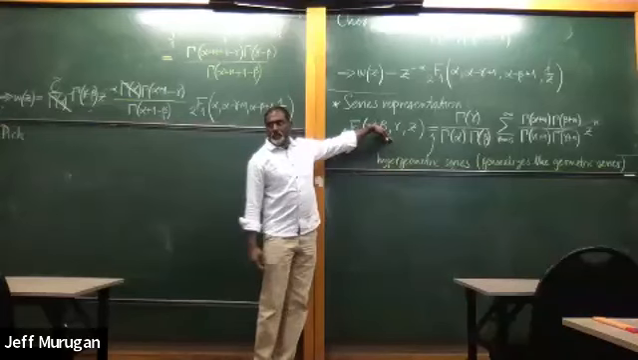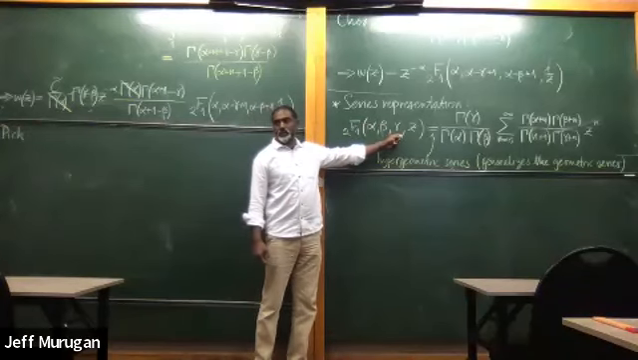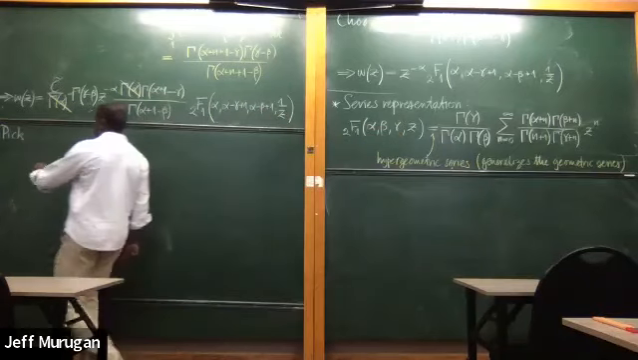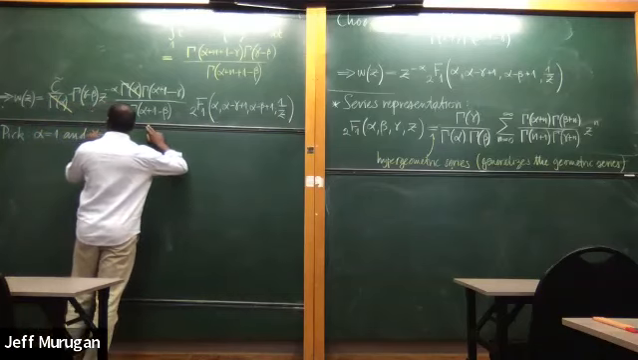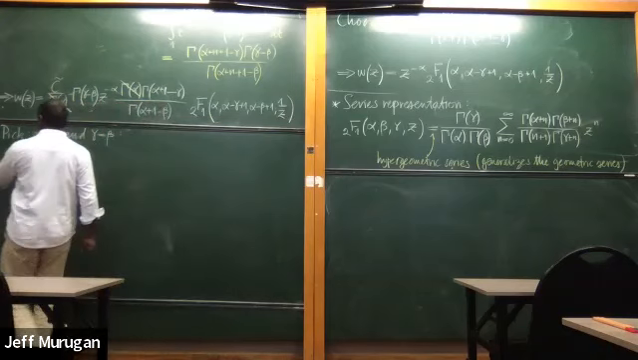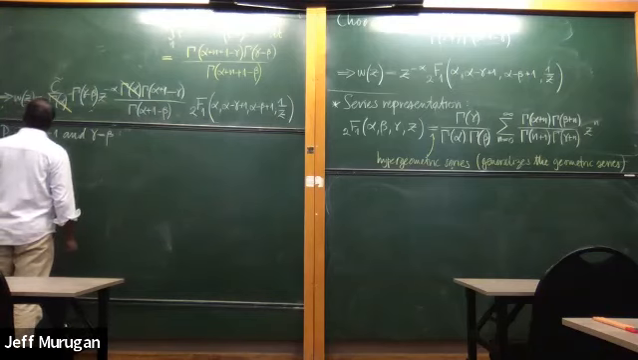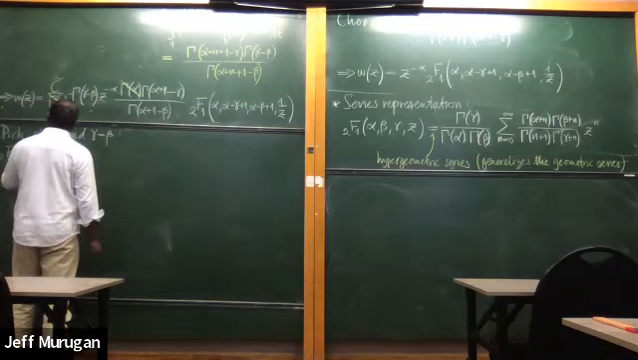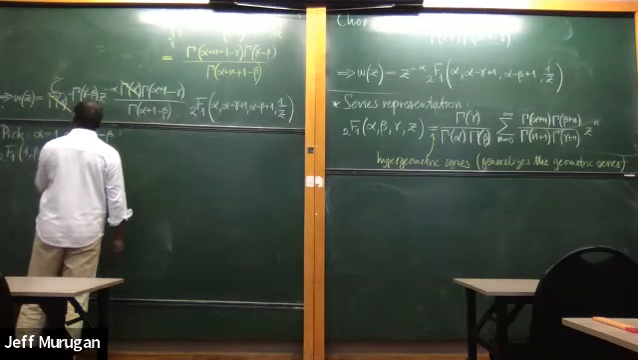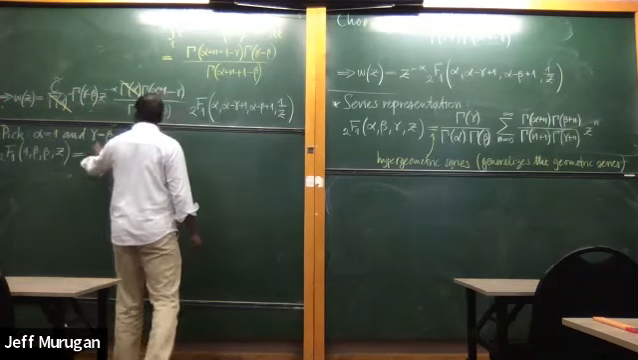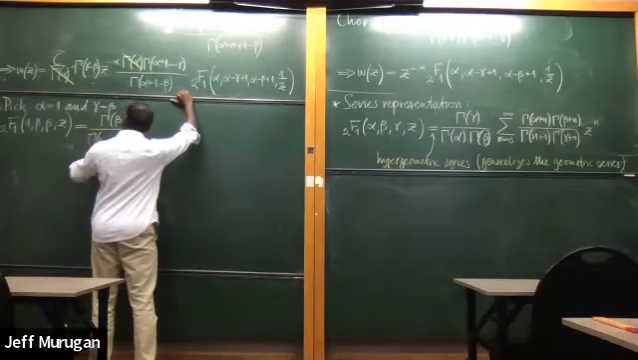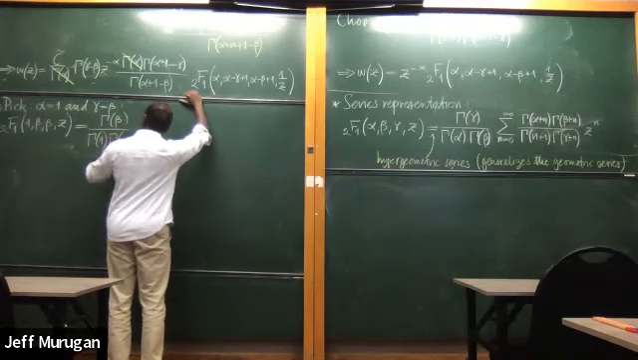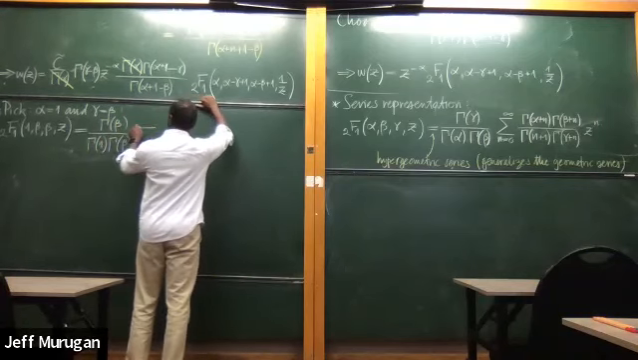We have to tune these parameters. So I'm going to pick alpha equal to 1, and beta and gamma I'm going to set equal to each other, and I'm just going to call both of them beta. So I'm going to pick alpha equal to 1 and gamma equal to beta, in which case the series representation for 2F1 of 1, beta, beta, z is Gamma(beta) over Gamma(1) times Gamma(beta) times the sum from n equals 0 to infinity